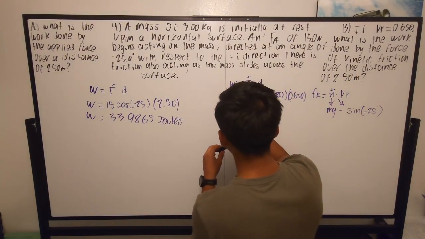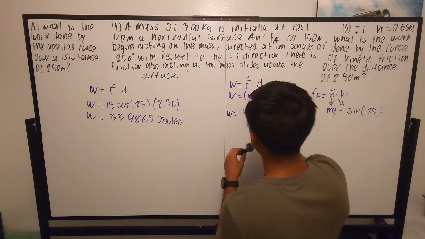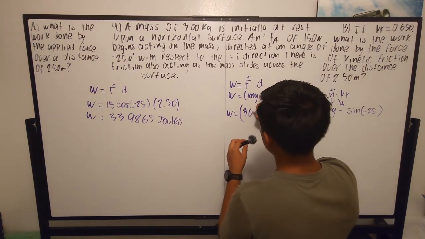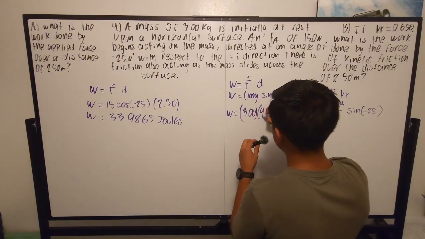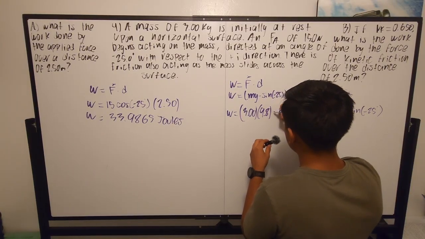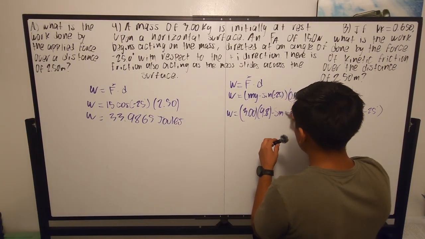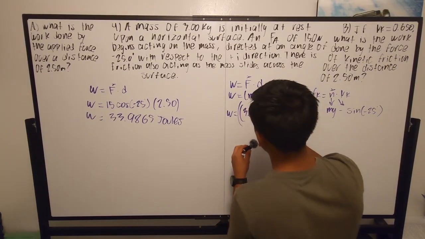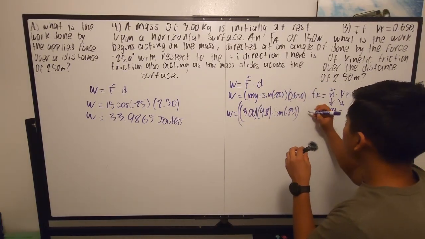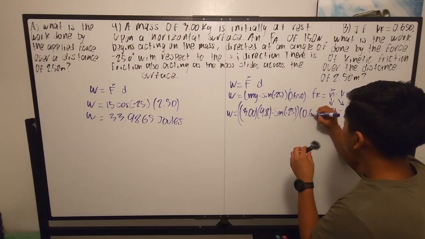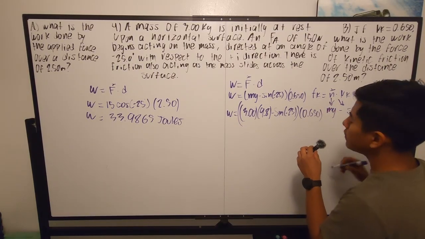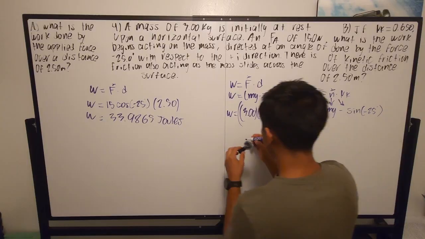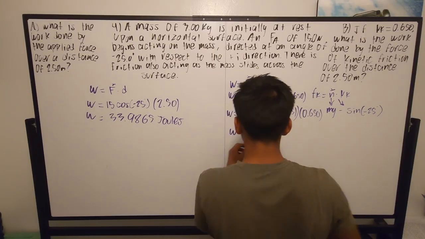So plugging in everything we have: the mass, which is 3, gravity, which is 9.8, minus the sine of negative 25, multiplied by the coefficient of kinetic friction, which is 0.650, and plugging that into your calculator,